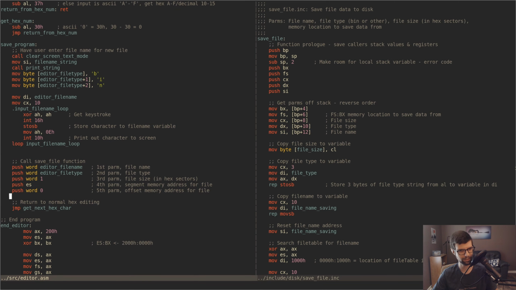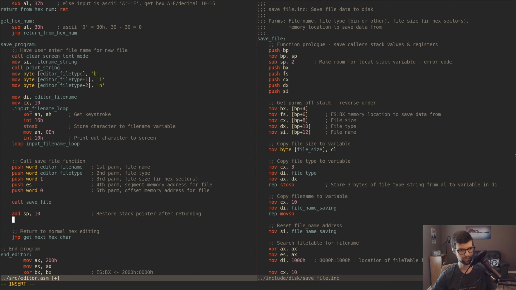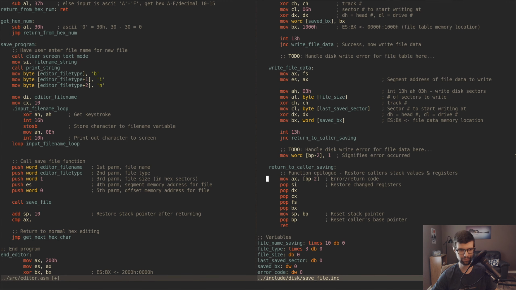So that should be it here. After we push everything, we want to call. So we'll call save file. And then to reset the stack after, we want to add however much we pushed, which be 1, 2, 3, would be 5 words, so it'll be 10. Okay, and we can check, because our error code will be in AX, so I guess we'll compare AX to something. So AX will be 1 if there's an error, or well, not 0. So let's compare AX to 0, and